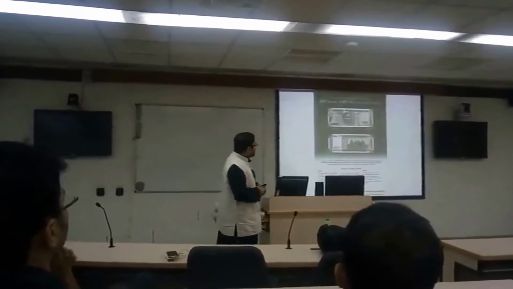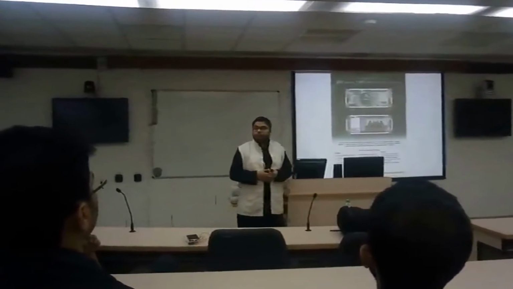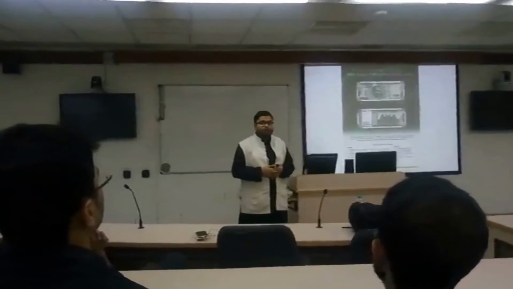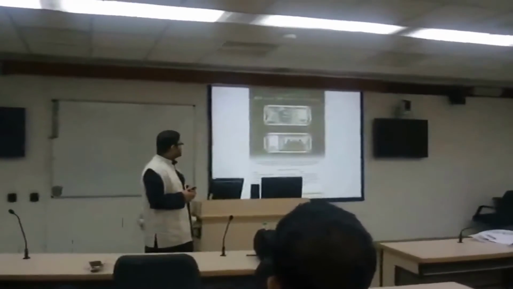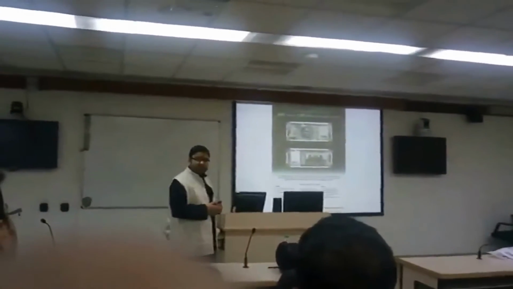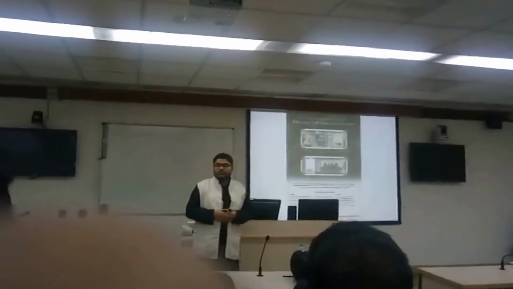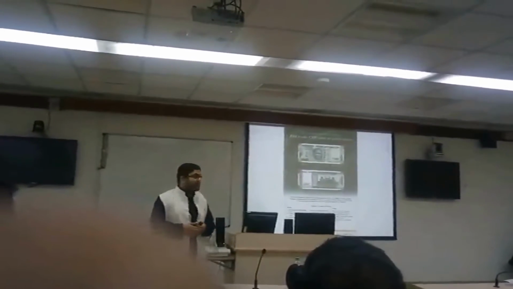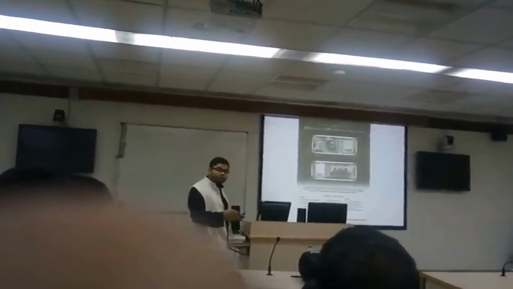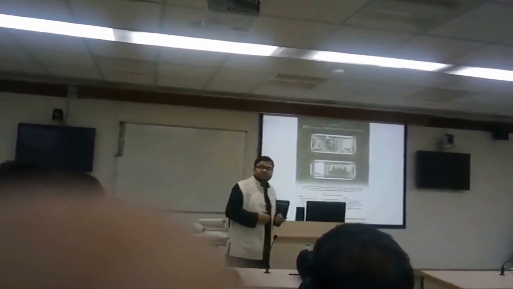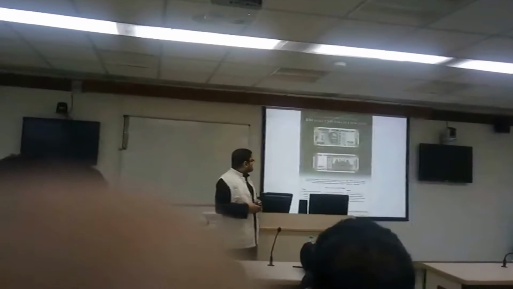So look at this banknote. Most of you have probably seen this banknote by now. And the new banknote, there are certain things very wrong in this. Okay, and things which are wrong in this were also wrong in the notes which were replaced by these. Okay, and what are these?